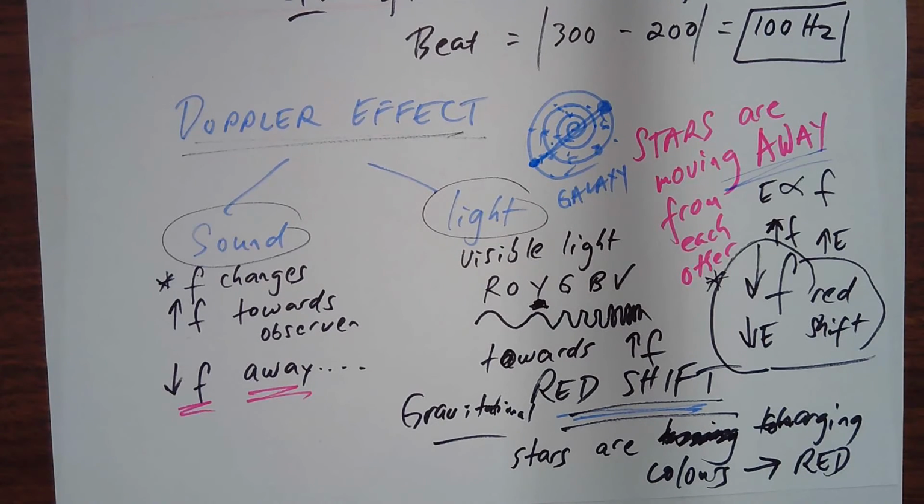Because if I tell you that this room is expanding, what does that mean? That means the walls are moving away from us. So if I tell you that the universe is expanding, there are no walls. Our universe is just space. What that means when we say the universe is expanding is that whatever the light touches, that means the light is actually spreading out. Because the stars, whatever the sources of light there are in the universe, they're just moving away.